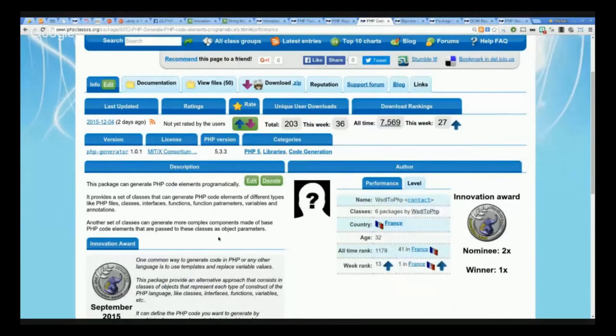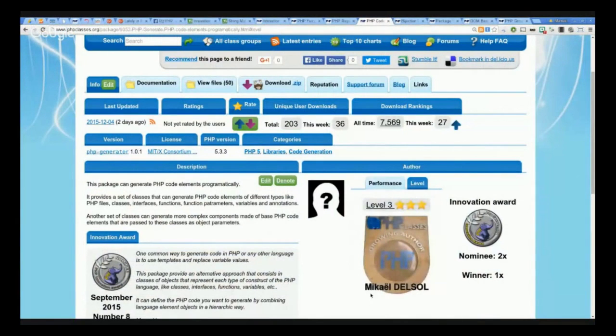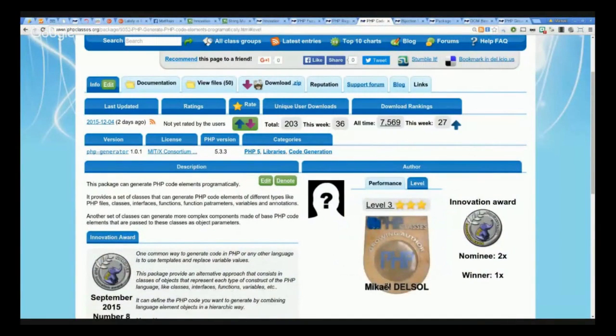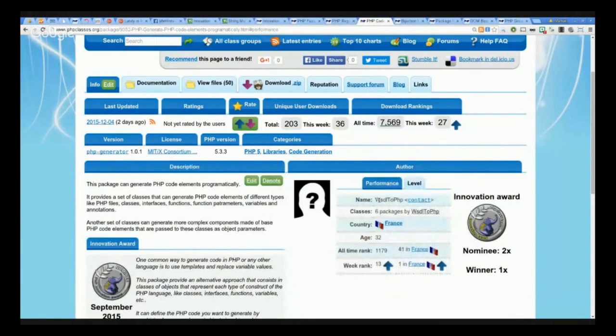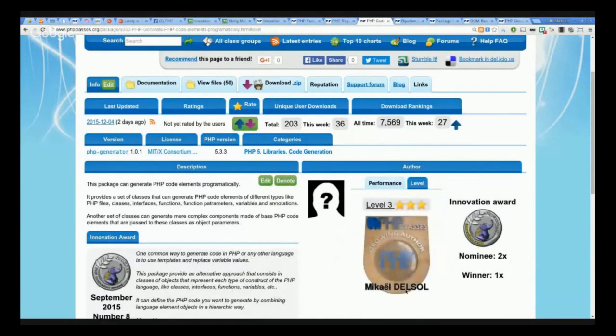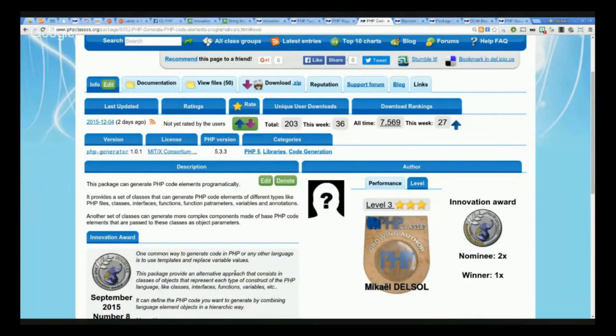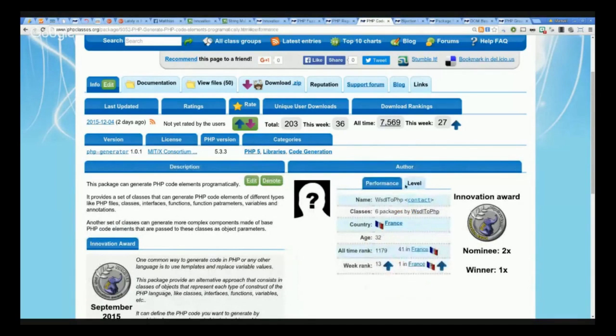How do you know his name? Sorry? How do you know his name? Okay, because it's written here. Oh, yeah, because on that it says VSDO PHP. Yeah, but okay, this is the preferred name, and this is the real name. I see. Okay, every day you learn something new. Yeah, I don't know why people prefer certain names. I think it has chosen the login name here. Anyway,